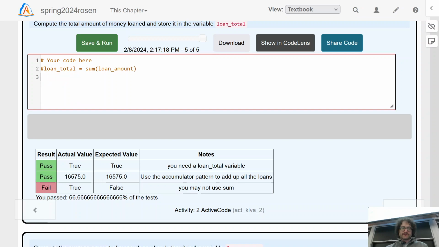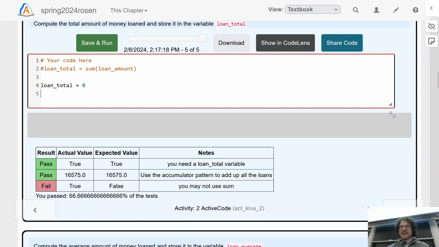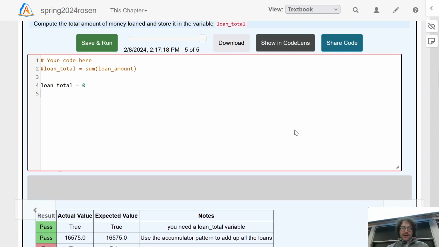Now, the way that works is that, again, we have an accumulator, something that we add things to. Sometimes we subtract things or multiply things into it, but the vast majority of times we're adding things to this. Loan total is equal to 0, and then we have a for loop that says, let's go ahead and, actually, I'll write this down so that you can have a go at it. For each loan in loan amount,